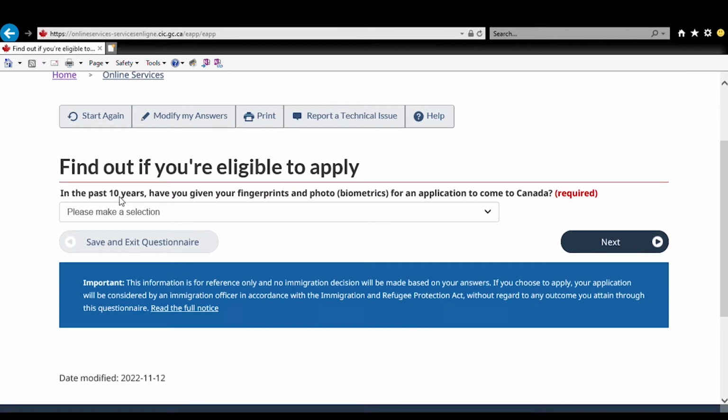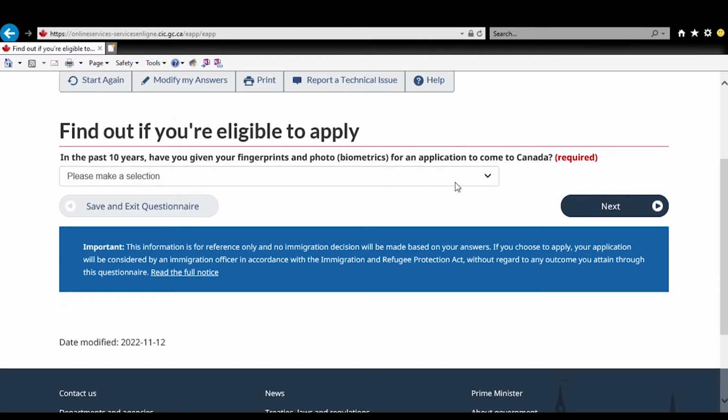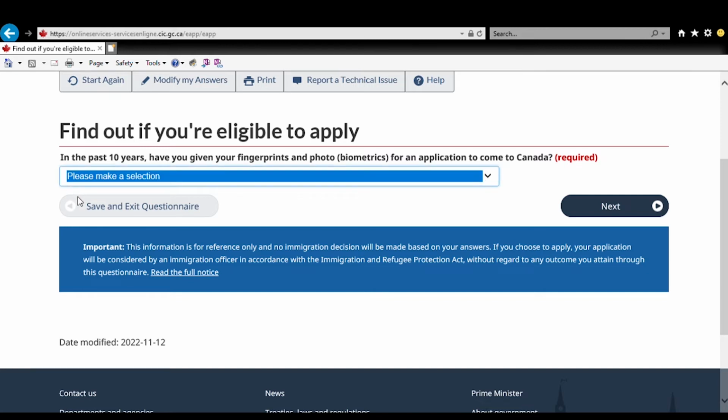In the past 10 years, have your fingerprints or picture ever been taken? If you have never applied for a Canadian visa before, the answer should be no. You have never submitted biometrics, so